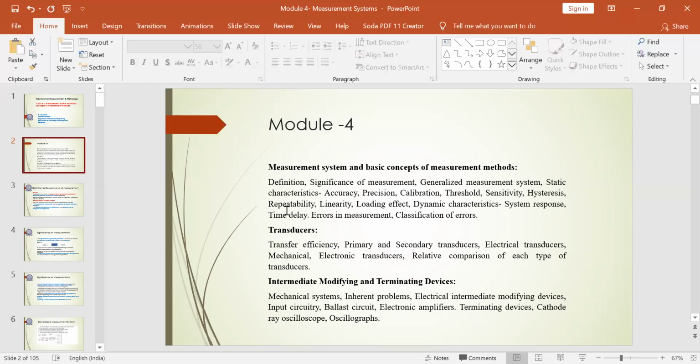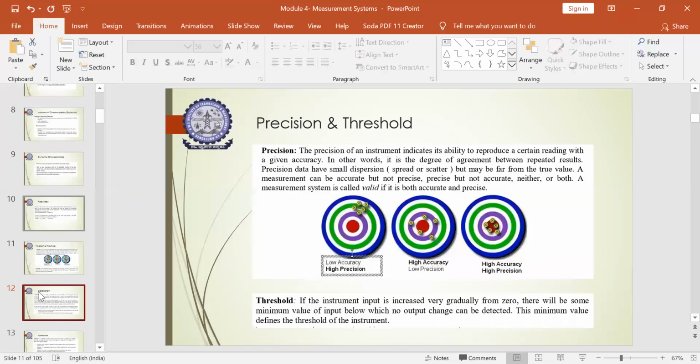So those are nothing but our static characteristics. Further, we focused on our dynamic characteristics, which vary with respect to time. And we also explained how error comes in measurement, and the classifications of error associated. So this covered one part of module 4. So today we have to deal with what you mean by transducers, the classification of it, and which types of transducers are available, its applications, all those things. Okay, so let us start with transducers.